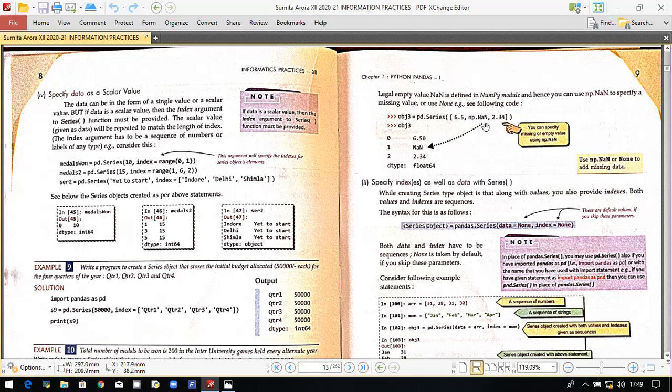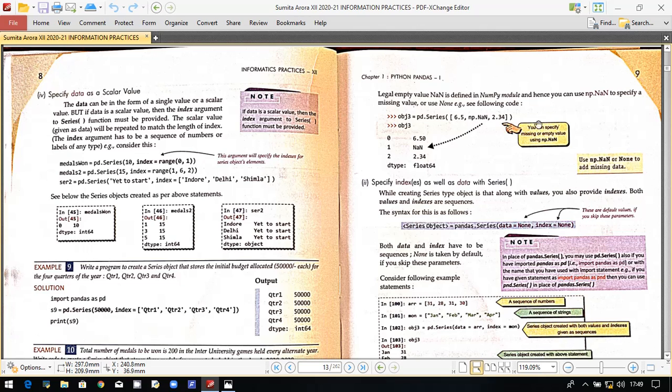Suppose you have 100 records for insertion in a series object, and out of that you have 98 records, but 2 records are missing. You can specify it with the help of np.nan, and that will create a series object, and for that index it will show you NaN. So this NaN resembles 'not a number'.